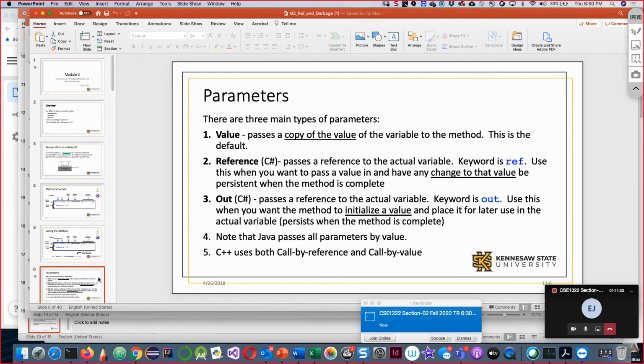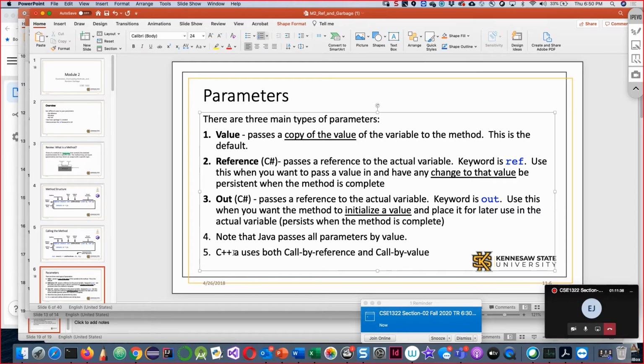Okay, we need to understand that there's a mistake over here. Java uses only pass by value or call by value, and C# uses both call by value and call by reference. So as we discussed in our last program, what is the main difference? C++ and C#. C++ uses